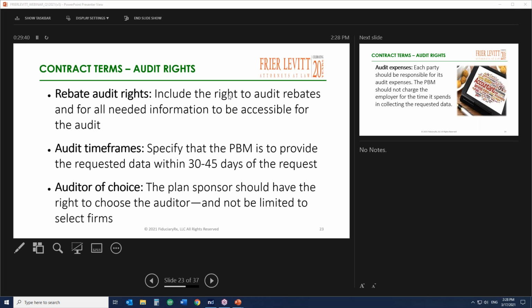Okay, now it further limits rebate audits by only allowing the rebate audit to be conducted by an auditor that is approved by the PBM. Even then, the auditor is only provided information and documents that are deemed necessary by the PBM to conduct the rebate audit. In extreme cases that I've seen, the PBM will not allow the auditor to review the rebate contract between the PBM and the manufacturer. Not only that, the auditor's notes taken during the audit are subject to the PBM's review and kept confidential.